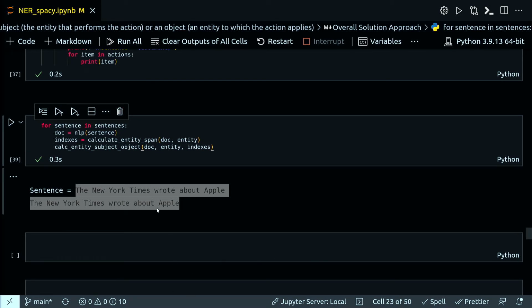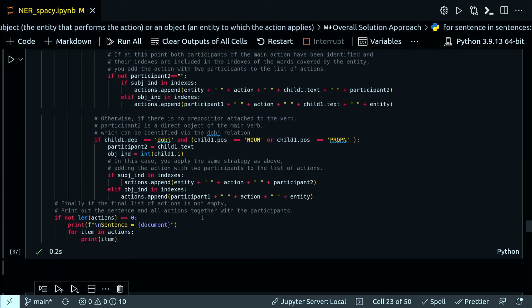And now note that this function calc entity subject object is doing quite a few things. So it's rather CPU intensive, not too much, but not too little as well. One way to reduce the computation in here is that if you are only interested in a particular entity, it doesn't make sense to waste this function's effort on the text and sentences that don't mention that particular entity that you need. Hence, let's first extract all sentences that mention the entity in question that you are interested in from